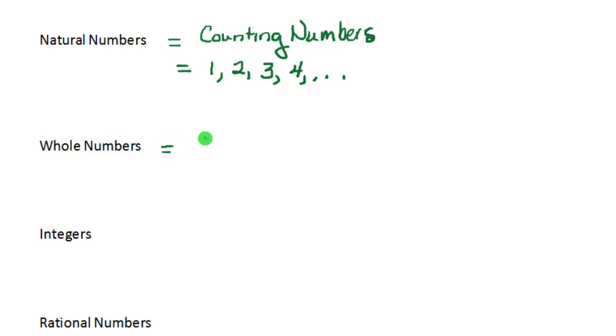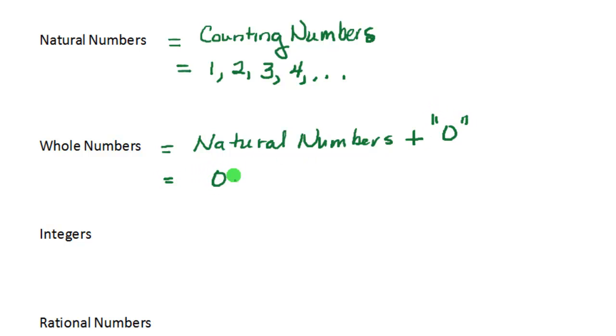Now, when you take the natural numbers and add 0 to them, these are the whole numbers. Natural numbers plus the number 0. So those are the numbers 0, 1, 2, 3, and so on. And as you can see, the natural numbers are part of the whole numbers. So all whole numbers